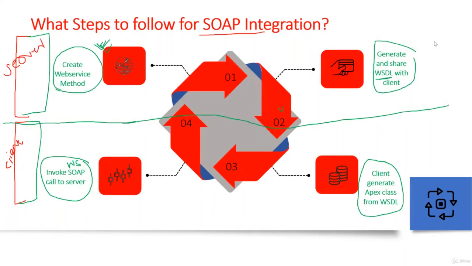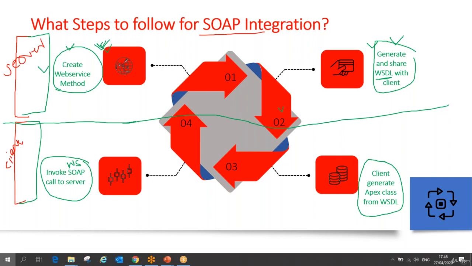So in the previous session, we understood there are 4 steps we have to follow. We have to create a web service method in my server. We have to generate the stub. Let's see, I'm going to create a web service in my server. So how do I create a web service method and how am I going to share the WSDL file, that we'll see.